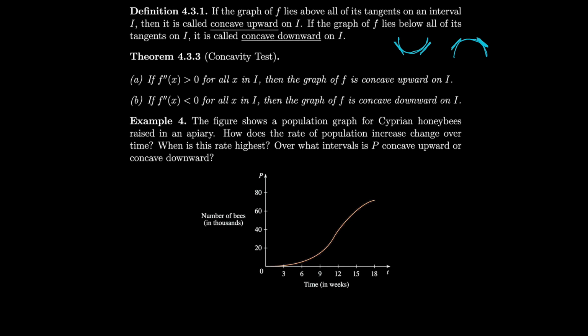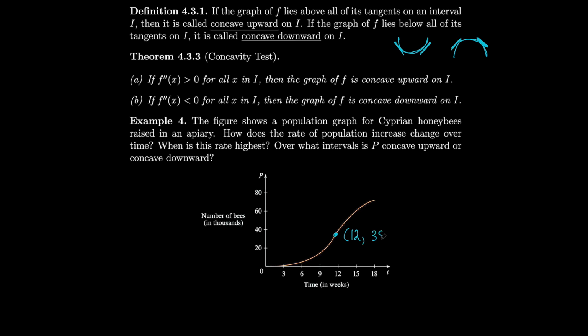So the figure shows a population graph for Cyprian honeybees raised in an apiary. How does the rate of population increase change over time? So when is this rate the highest? Over what intervals is p concave upward or concave downward? Well, how about we take a look at where the rate is starting at? If I try drawing tangents, they're below to begin with, but then they go above after. It looks like everything switches around over here. So let's estimate that point to be, let's say, 12